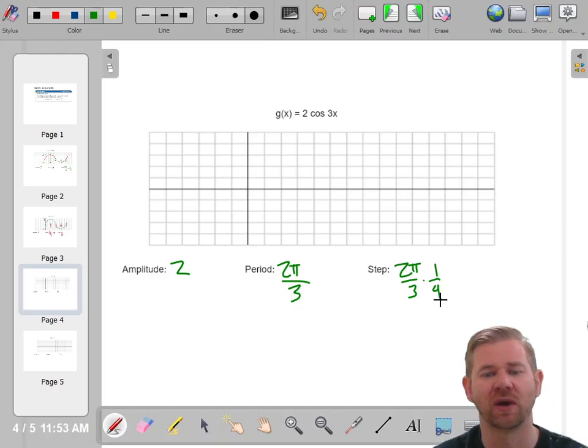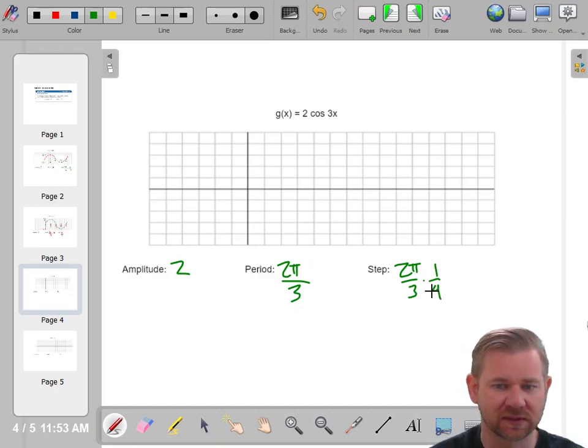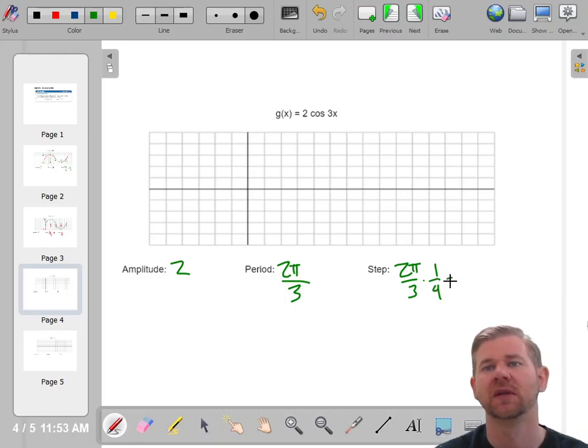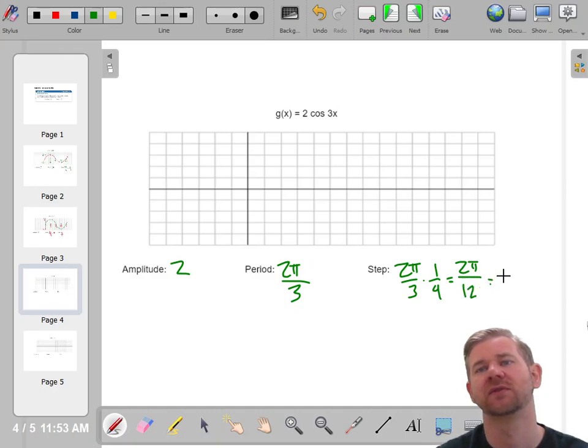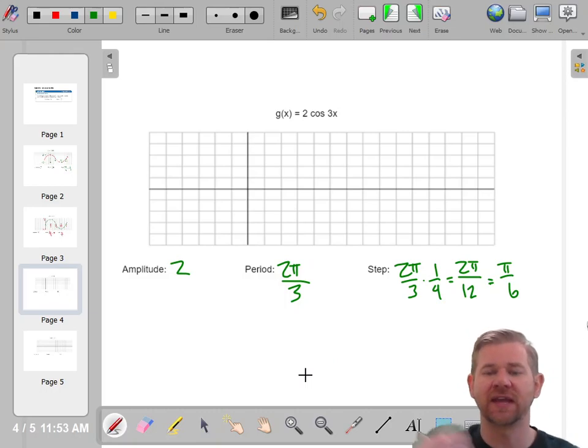I'm still dividing by 4. Dividing by 4 is the same as multiplying by 1/4. Think of it as multiplying by the reciprocal. So when you multiply 2 pi times 1, you get 2 pi, and 3 times 4 is 12. This reduces to pi over 6. Okay, so it's good to have some idea of what this thing's going to look like, but now we'll use